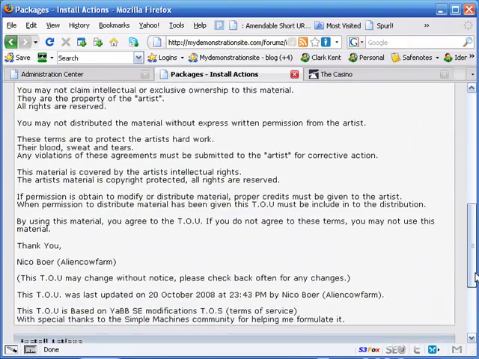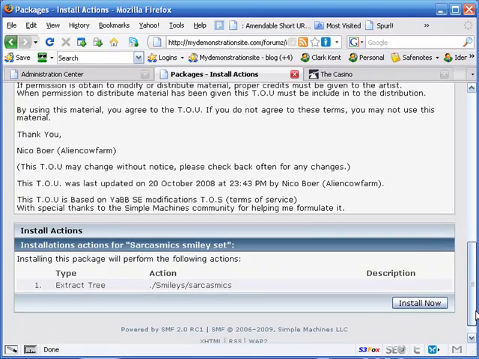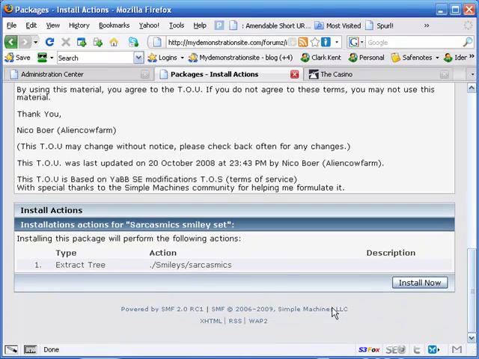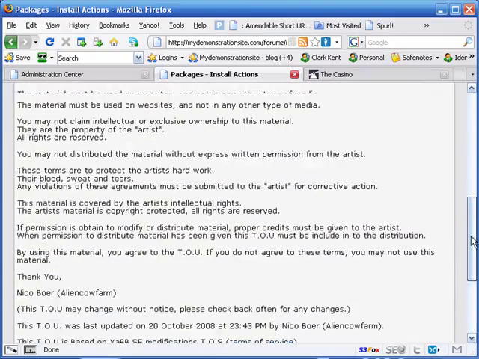Terms of use, and install now. Now remember, at this point I've already provided the password to my FTP information, because if we go on up here